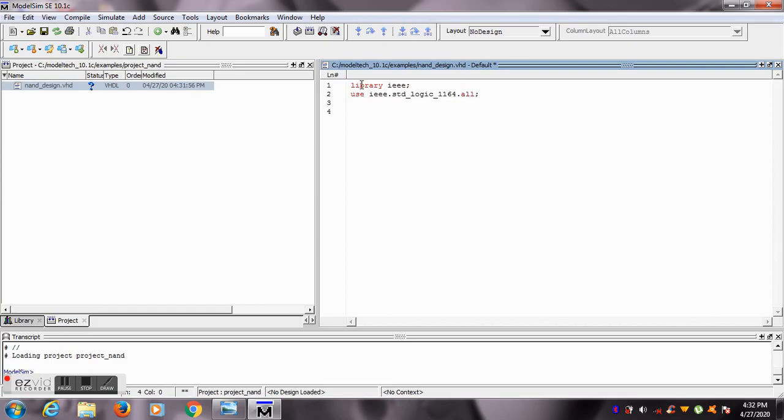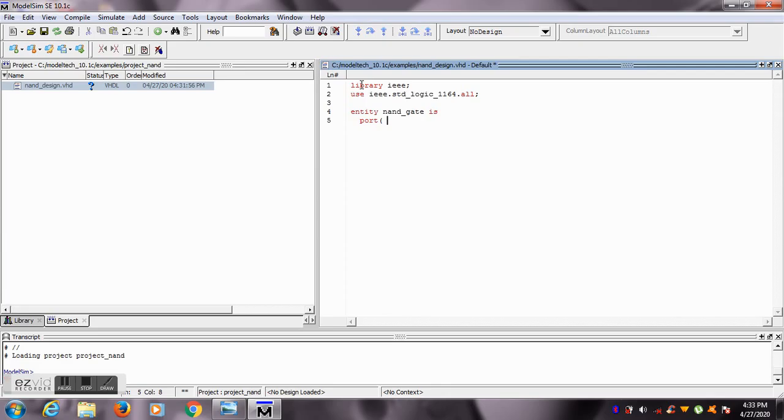Then we have to declare the entity of our design. So entity describes the interface of our design. So first we have to give a name to the entity. Then we have to declare the ports of our entity.